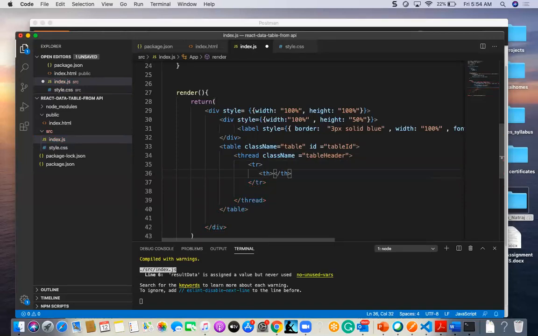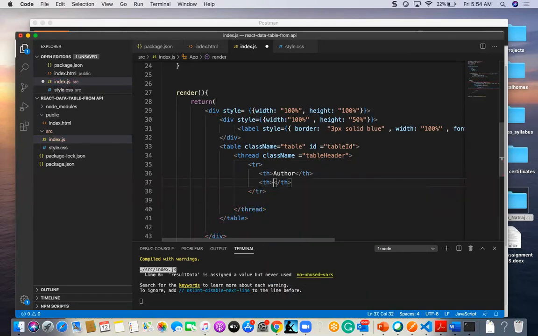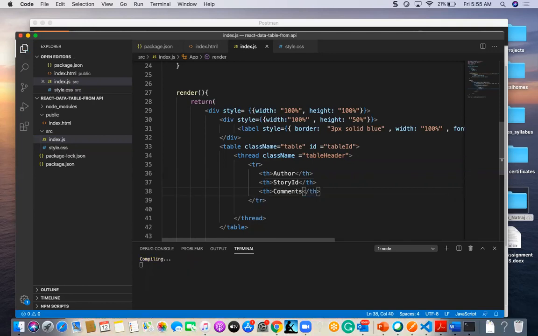In this th I am giving author first, and in another th I am going to mention the story id. And one more thing, I have news, right? News update or comments. So yes, these three.